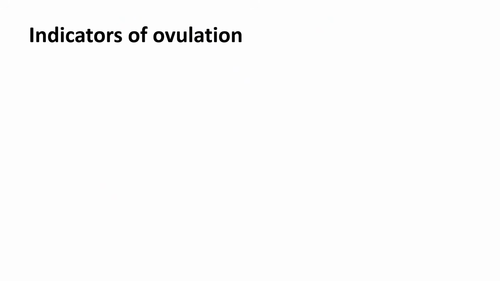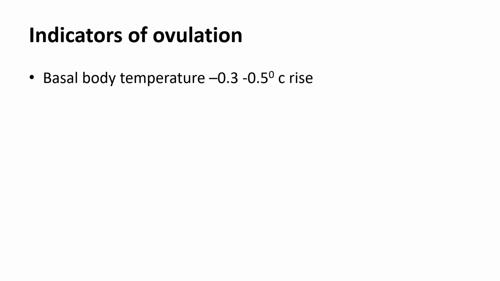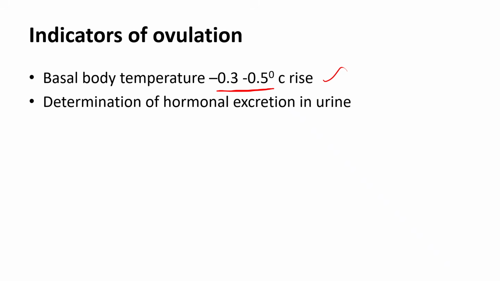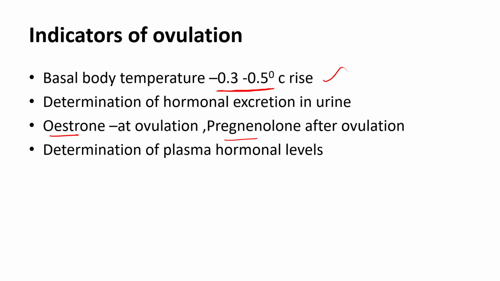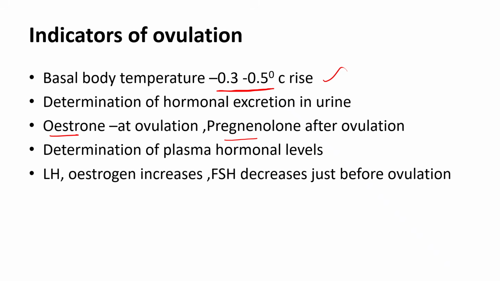And what are the indicators of ovulation? So one, rise in basal body temperature, around 0.3 to 0.5 degrees centigrade rise in the basal body temperature, and estimation of urine hormonal components like estrone at ovulation and pregnanediol after ovulation, their content increases, or determination of plasma hormonal levels,